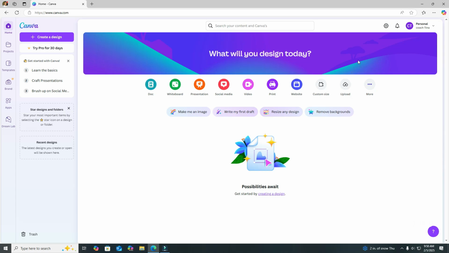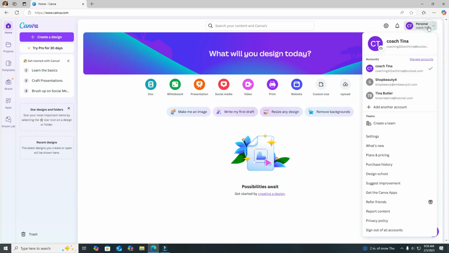So when you come into your Canva free account, the first thing you're going to see over here is your personal settings. So if you click on this, it's going to have a drop down menu, and it's going to show your name, the email associated with the account, and then here you can manage all your accounts. But if you guys are new, this will only be